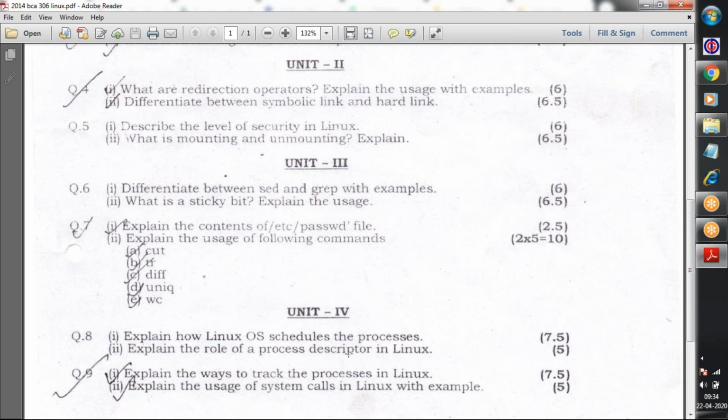Fine. And the task descriptor maintains each and every entry by using a data structure called the task structure. Now, the way to track the processes in Linux is the process state diagram, about running processes, zombie processes, termination, how many are in the queue, how many are waiting. So you can track down the processes in Linux.